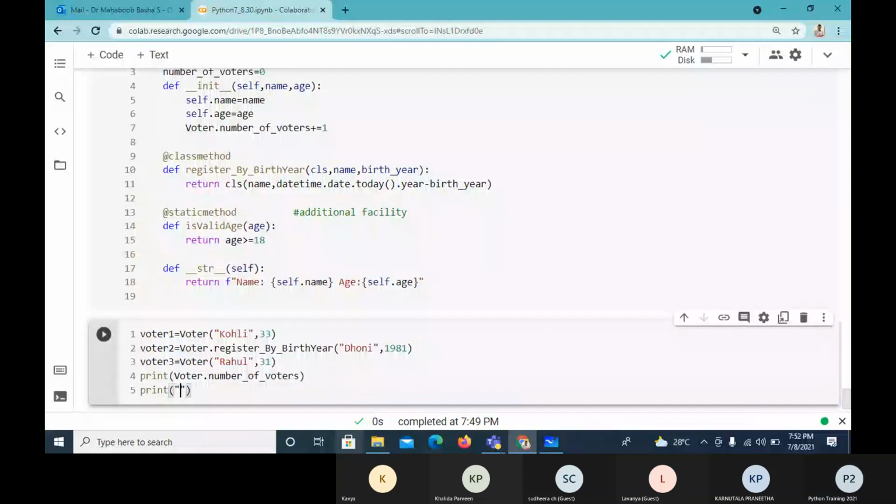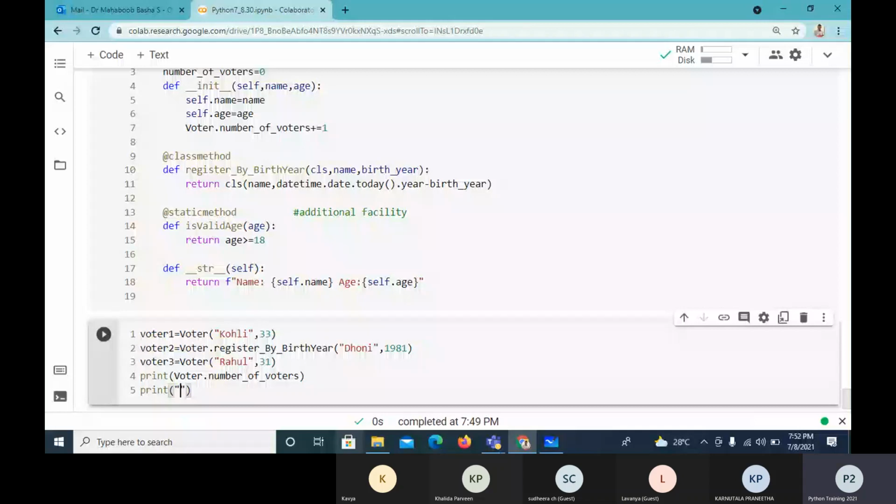Is 17 a valid age for voter registration? I want to check that. So I'll say voter.is_valid_age(17).